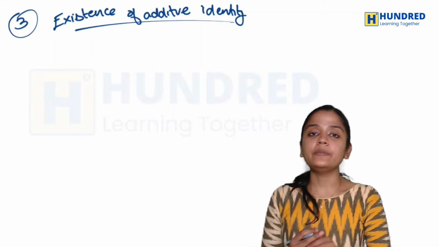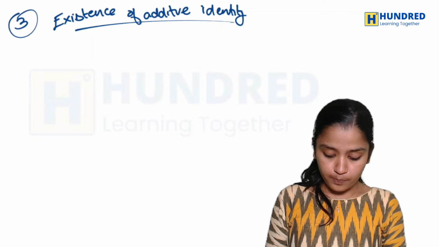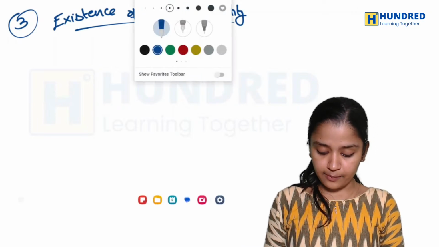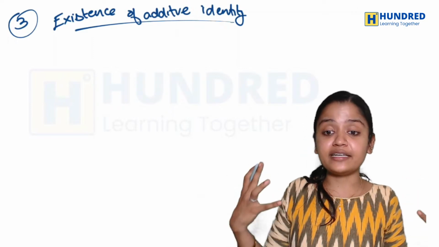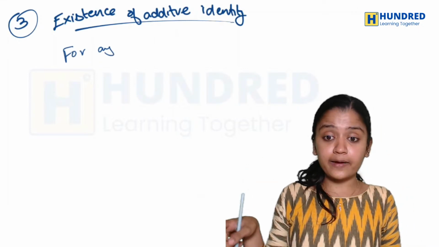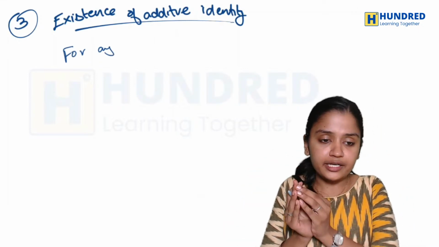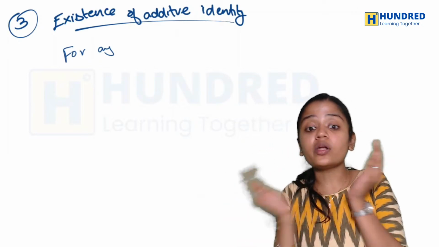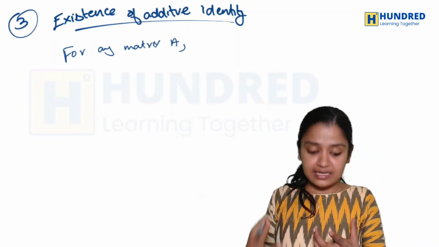So now I'll be talking about existence of additive identity. Basically you'll be taking any matrix. So you take a matrix A and you have to show the additive identity. What does it mean? For additive identity, everything will be spoken for only one particular matrix. So for any matrix A there exists